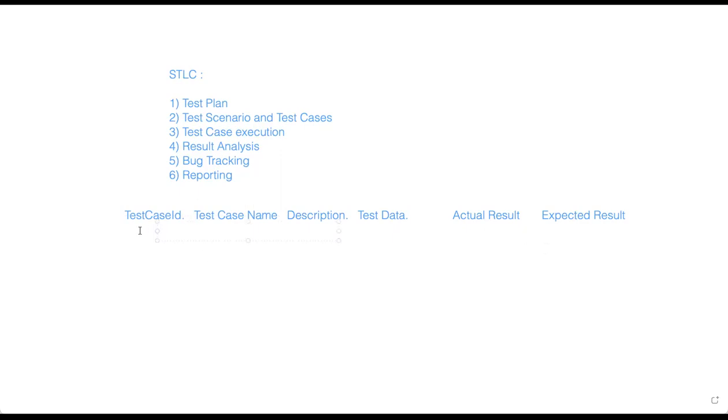Like say, test case one, mention the test case name: username, test username, and the test data is